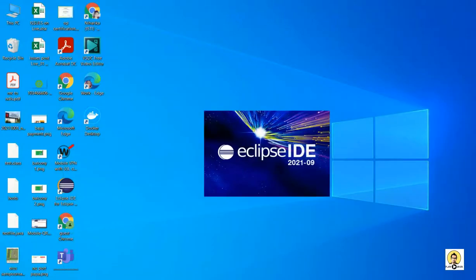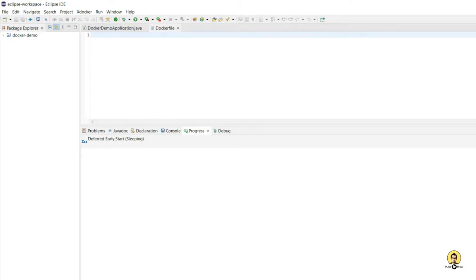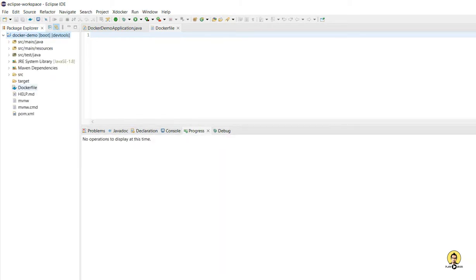It has now restarted. So if I open this project, it comes in a readable format. Now you can see this Docker image icon is coming on the file. It says that it can read this Dockerfile. So now I'll provide the basic commands. These are basic commands only, which are required to push any data to Docker.